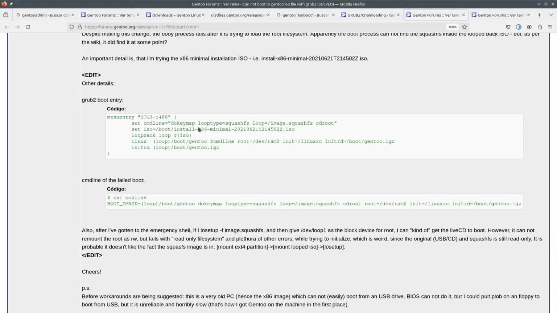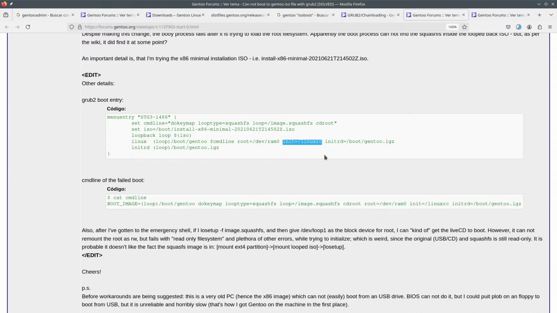I've been using Gentoo for 20 years and it started to tire me out. Oh my god. Yeah. Oh, what the hell is this? So you've got an initrd and also an init. That's interesting.